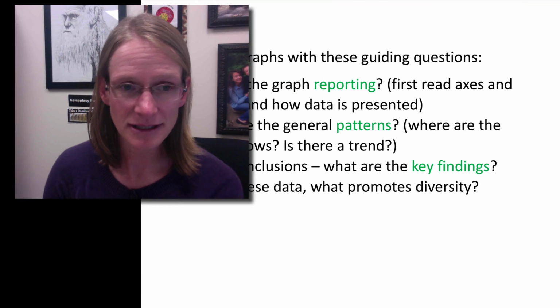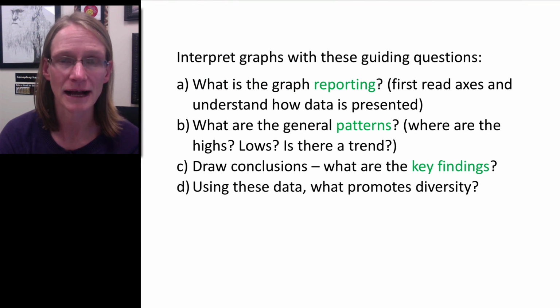Well, welcome students. We're going to return to this idea of what is diversity and really look at some data sets now to really understand what it is that can actually impact diversity in ways that can promote diversity, or in some cases what can actually reduce diversity. And so we're going to look at these data sets and look at graphs and figures from real studies from